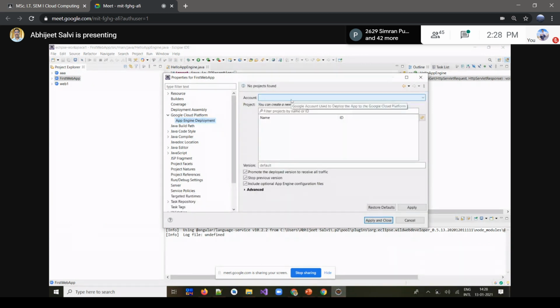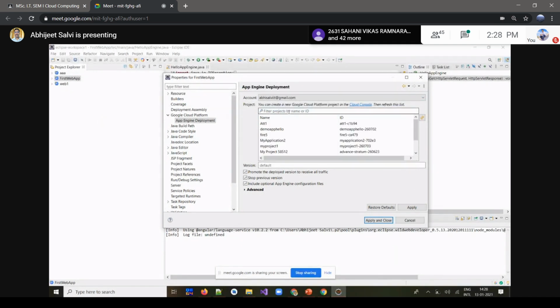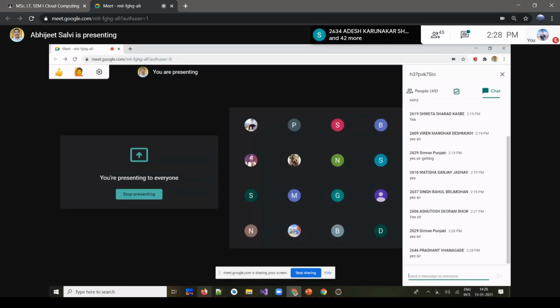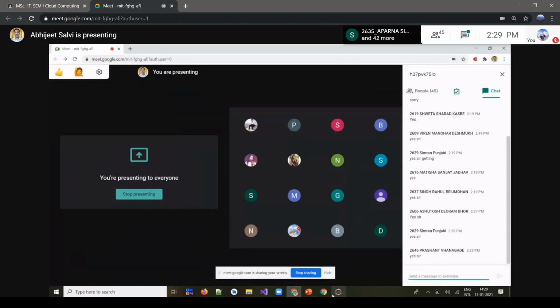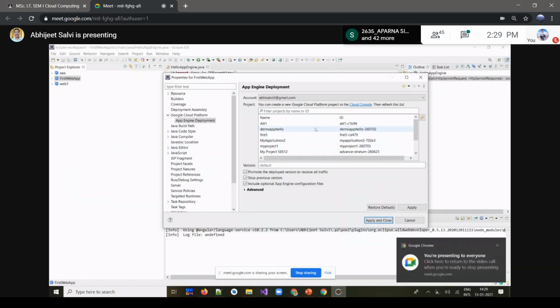What we have to do is specify the account, so we'll get the list of all your projects. Our project name was Web App One over there. So it's already there, actually, we integrated that.